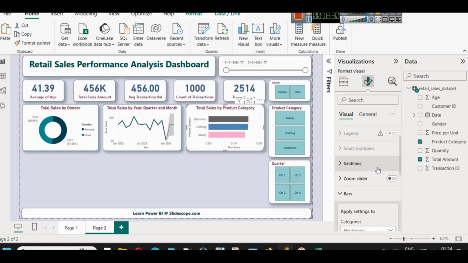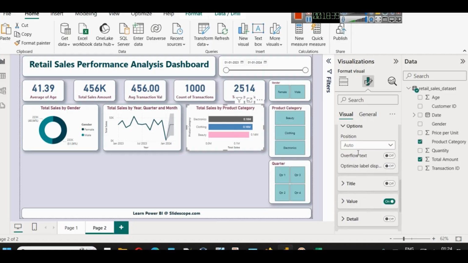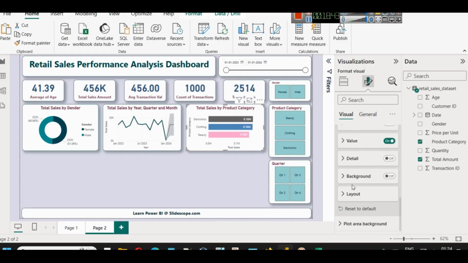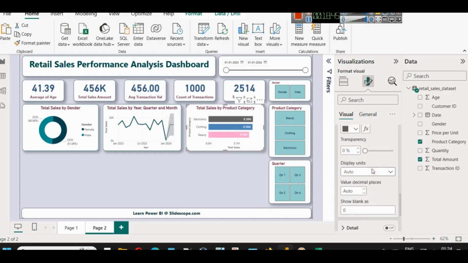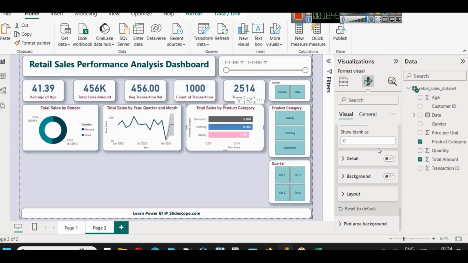Let's say we want to display the data labels also. So you can see now data labels are visible, and we can set their position at inside end, and in values we can enable,